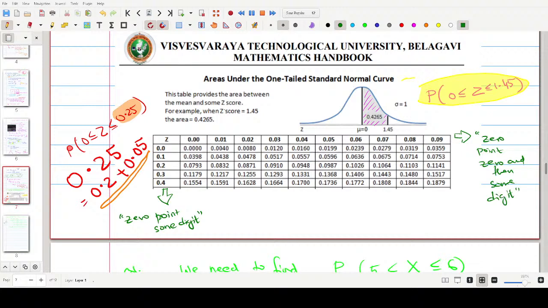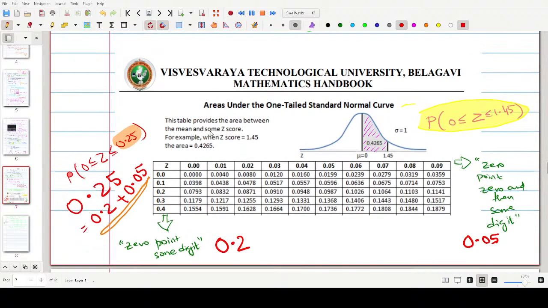So our numbers are exactly in this format, correct? If you look at 0.2, 0.2 is 0 point some digit, and 0.05 is 0.0 and then some digit,